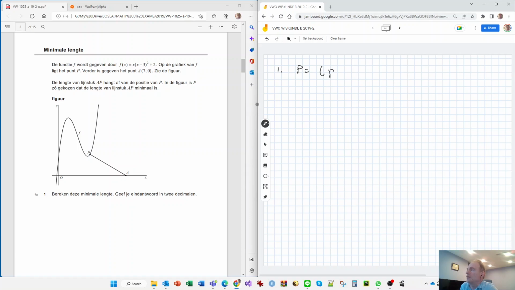If the x is lowercase p, then the y is just the function f evaluated at p. We know point A equals (7, 0). So that length of PA